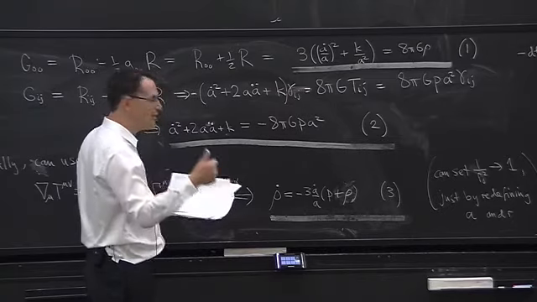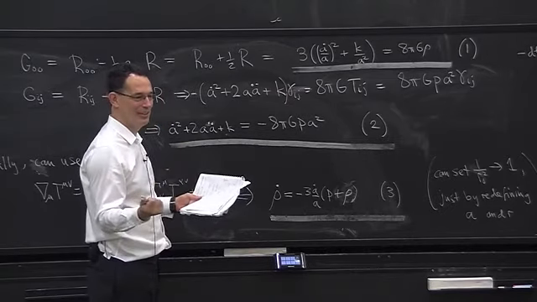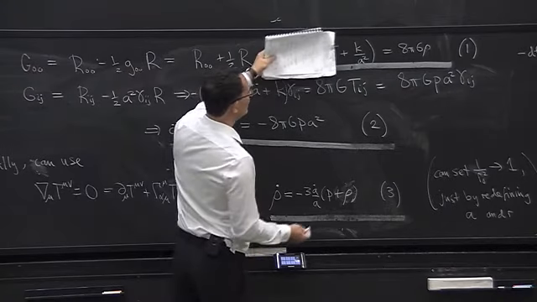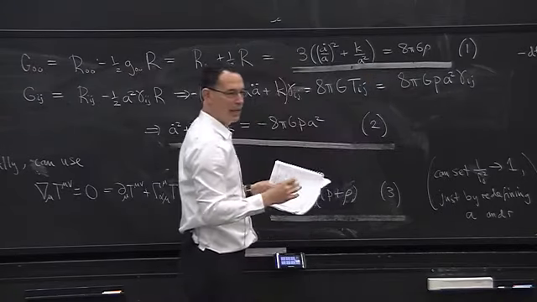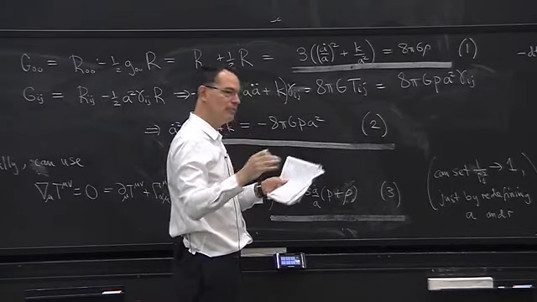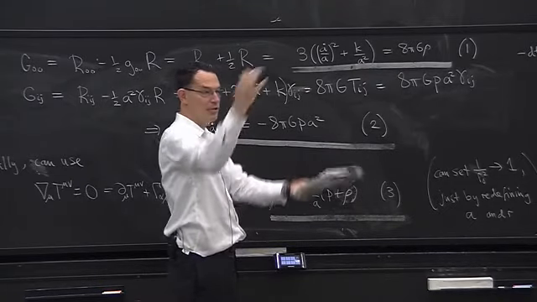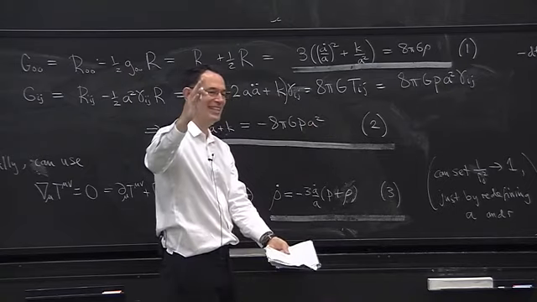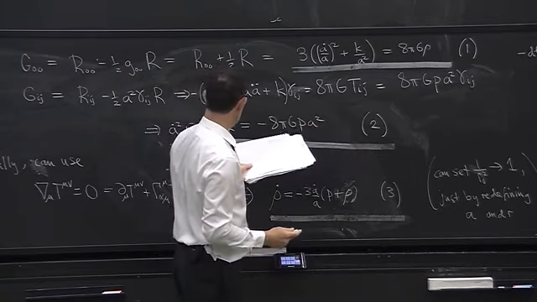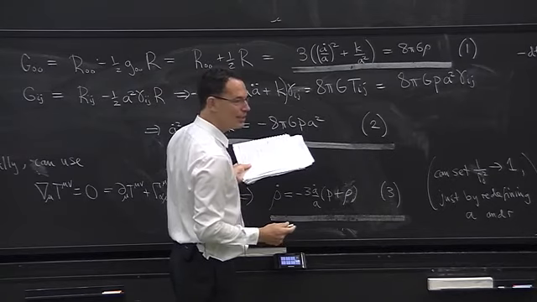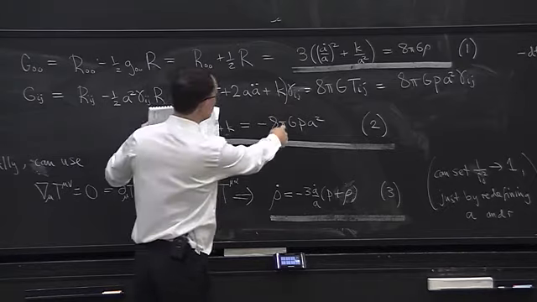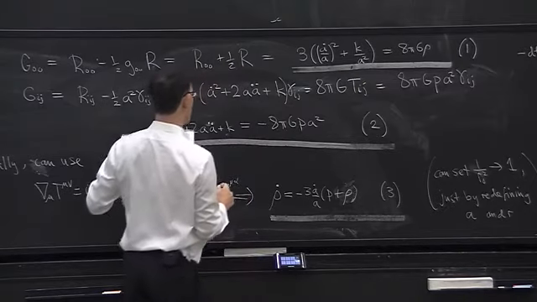Okay, let's assume A dot and A double dot are 0. Fine. So we drop these two. We drop this one. This tells me rho in terms of K. If rho is positive, K must be positive. I must have a 3-sphere. So I've got this ball with some density in it. This equation tells me what the pressure is. And you'll notice from this equation and that equation,